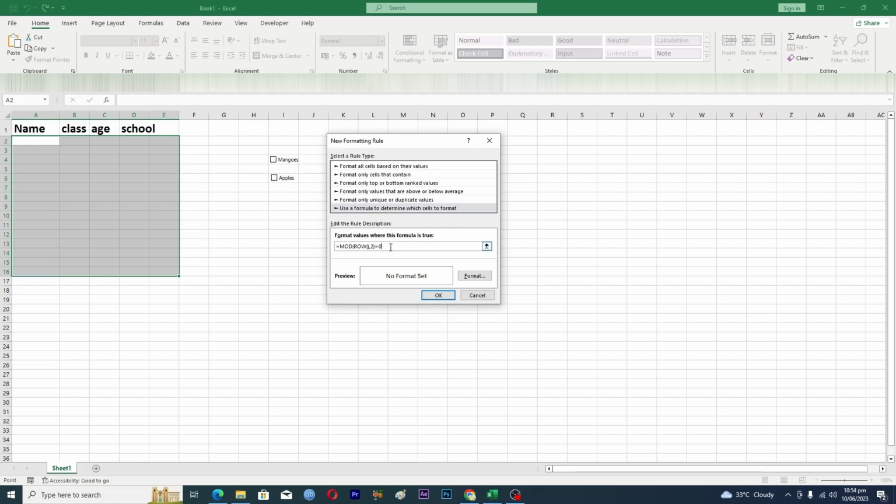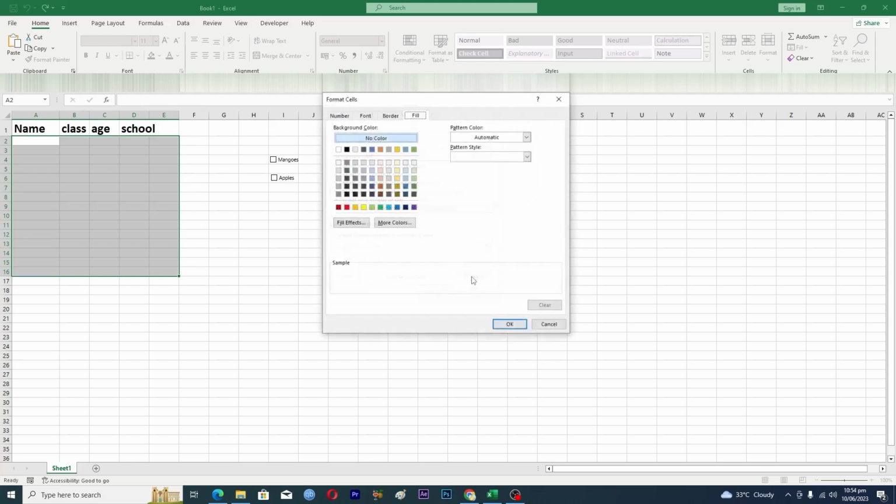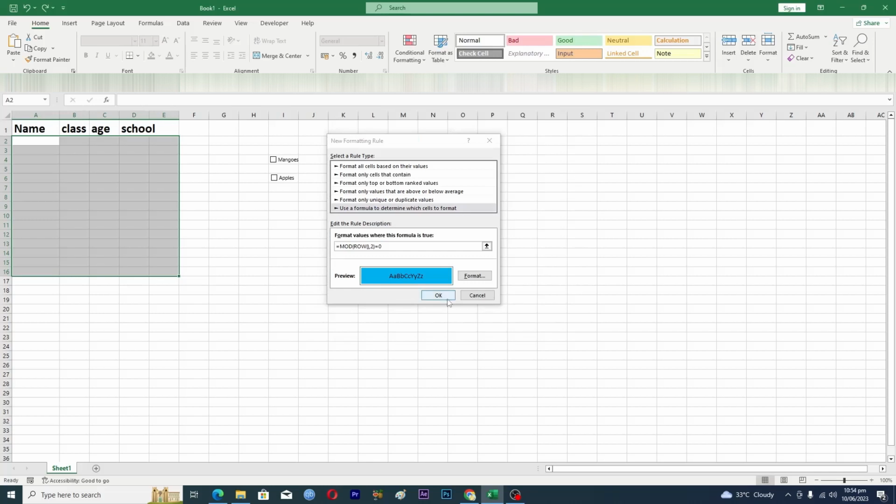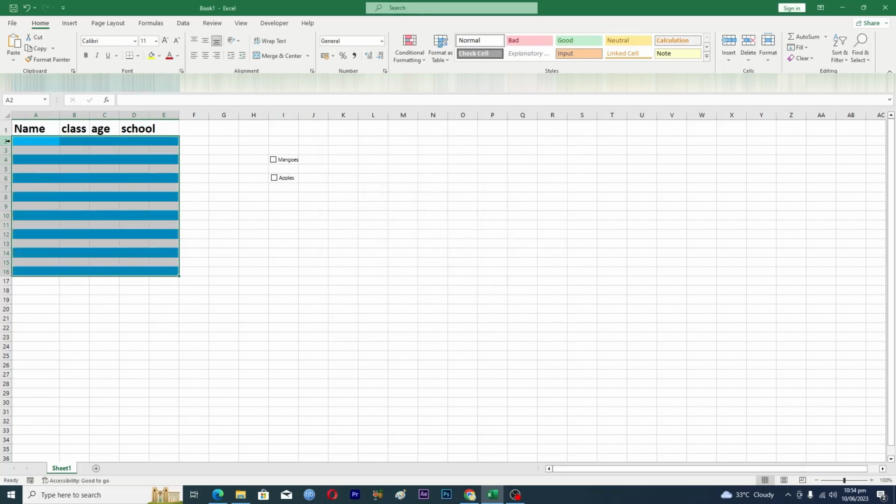Then after adding this formula, you will click on Format, go into the Fill tab, and select the background color for the row. Let's suppose I want this blue color here. Then you will click on OK, and again click on OK. Here you can see that all the even number rows are now colored,